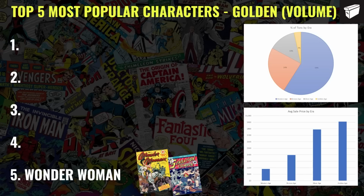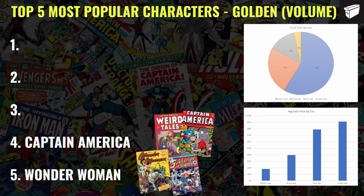All right, let's take a look at the number 4 character that is the most purchased character in terms of Golden Age comic books out there. And coming in at the 4 spot is, of course, Captain America. Not to spoil it here, but Captain America at the number 4 spot is going to be the first and